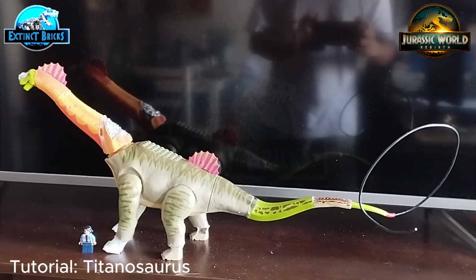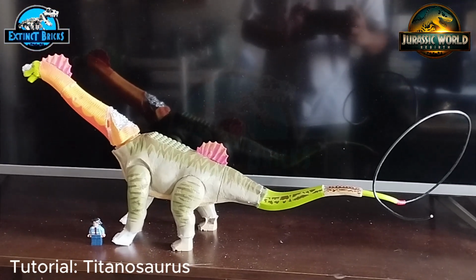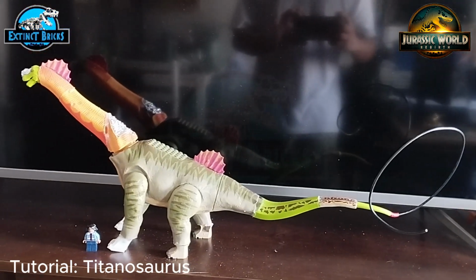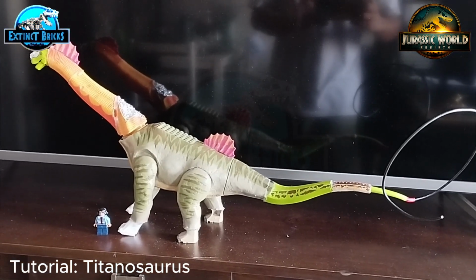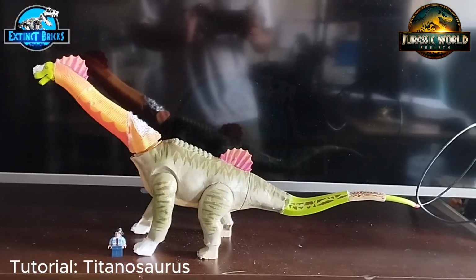You can see that I have purposely created the whip tail with a very long end, and we're going to cut it off if we feel that it's still too long, but for now I like it that way. It seems accurate to the trailer. So this is going to be a male